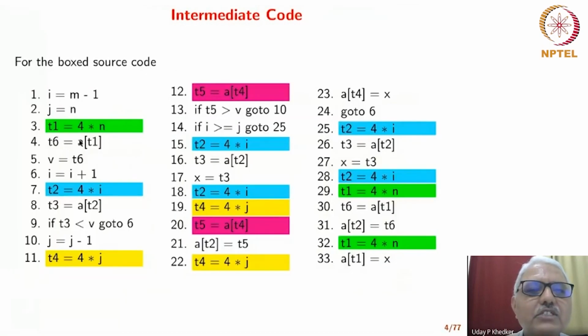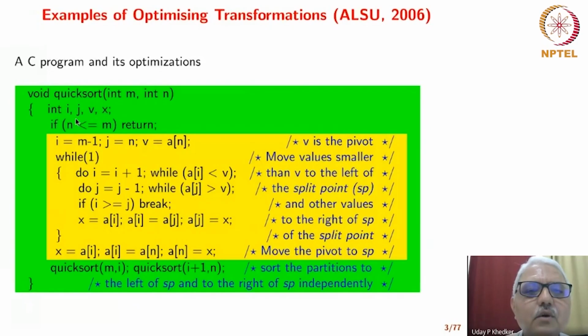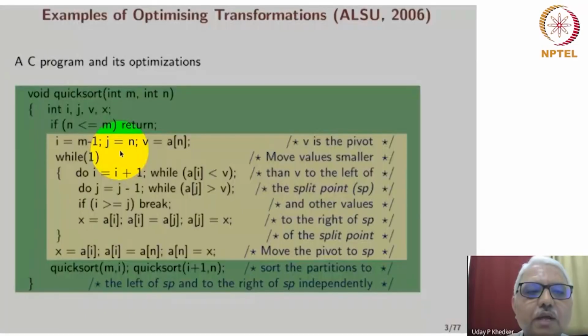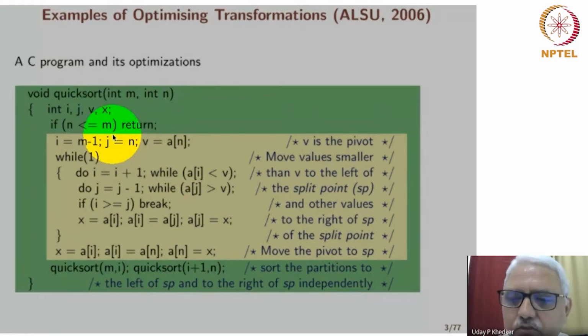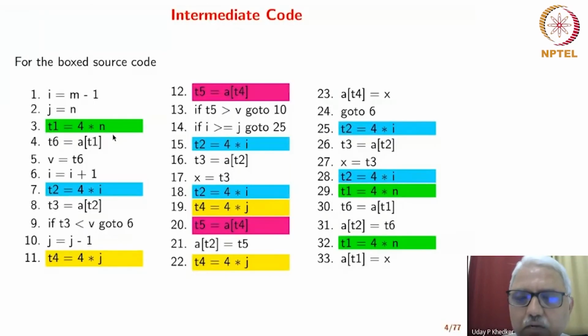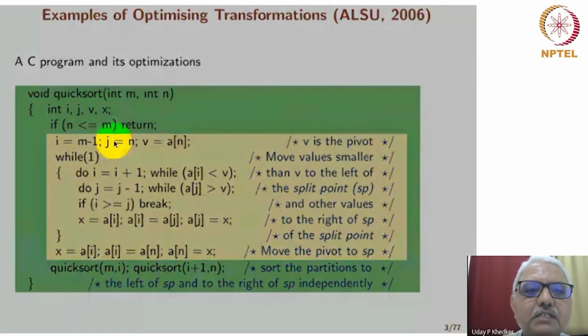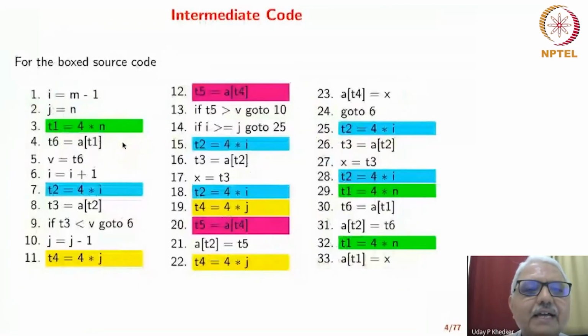And we have then j = n, which corresponds to this assignment j = n. And then we have this assignment,